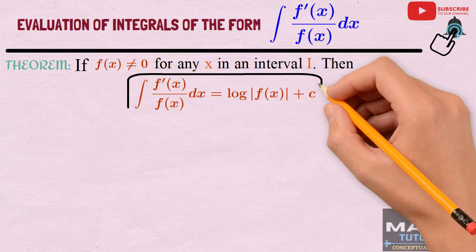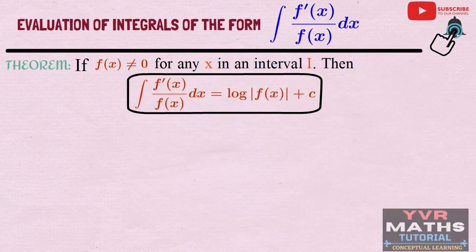If you observe here, the meaning of this statement is the function f is a non-zero function. The function should be defined on the interval I. Then, if the numerator in integrand is exact differential of the denominator, then its integral is logarithm of the denominator. So this is a statement I given here. Let us discuss proof of this one.